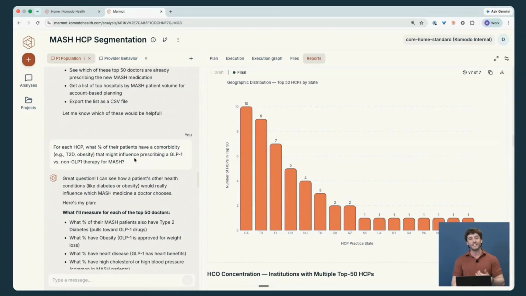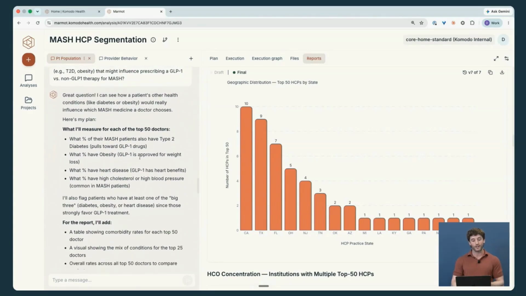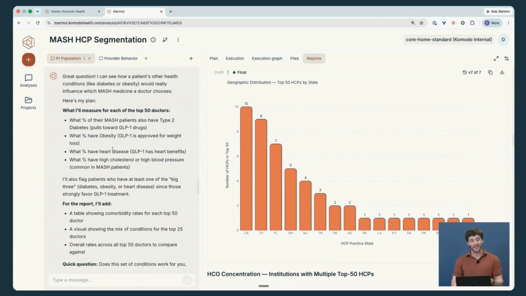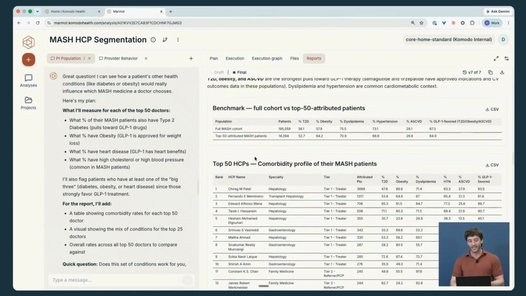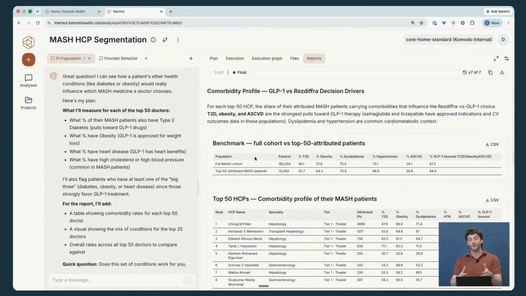So I wanted to understand for each of those HCPs, what percentage of their patients have a comorbidity that might influence prescribing by a GLP-1 versus non-GLP-1 therapy. And you'll see Marmot builds out a plan. So what percentage of their patients also have type 2 diabetes, also have obesity, heart disease, high cholesterol, and so on and so forth. And you see here below, I get a great chart that goes even deeper on these